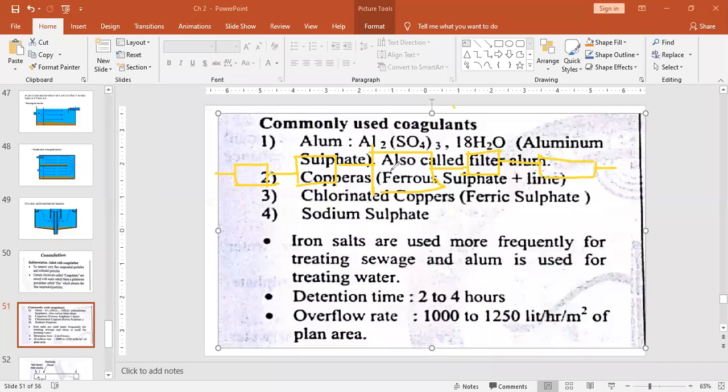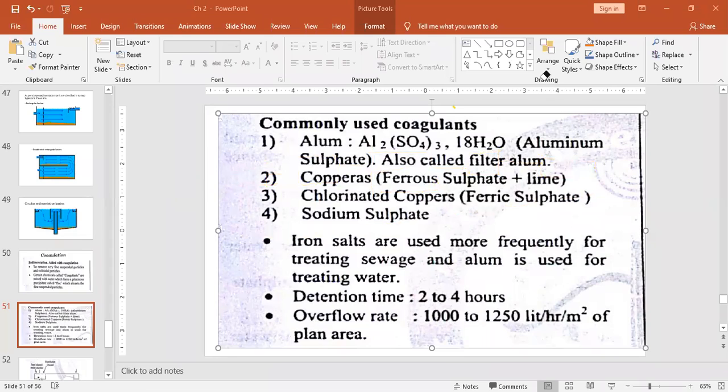So I can say the detention period of this tank, or I can also say detention period of this entire plant. Okay, how long the particle remained in that particular system, in the process, that is known as the detention period. I hope you understood. Okay, so the detention period of the coagulation process or the coagulation flocculation tank is usually 2